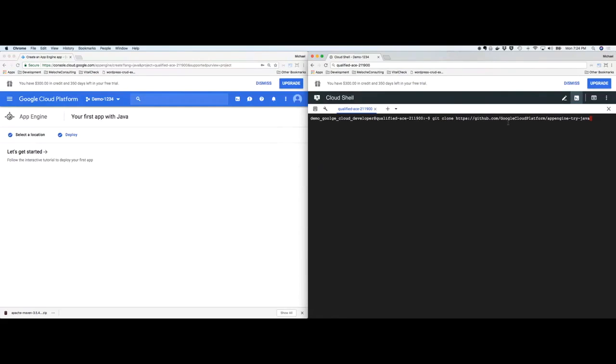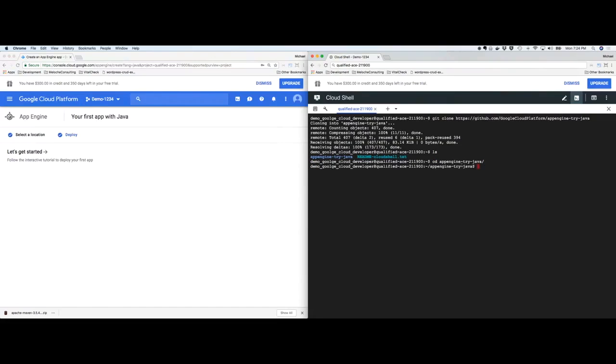So if you go to github.com, Google Cloud Platform /App Engine try Java, it's kind of their little hello world Java application. One of the things you will notice if you use the Cloud Shell a lot is it runs extremely fast. If you try to do this from the command line of your machine, it's probably going to take anywhere between 2 to 5 times as long, just depending upon your network traffic. If you do it through the Cloud Shell, you're using their servers, it's on the back end, and it streams. It's just extremely fast. All right, so we now have our App Engine try, so we'll go into there, CD,